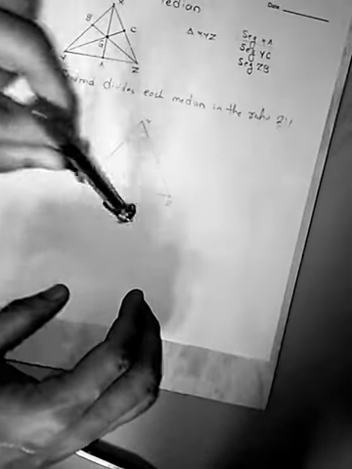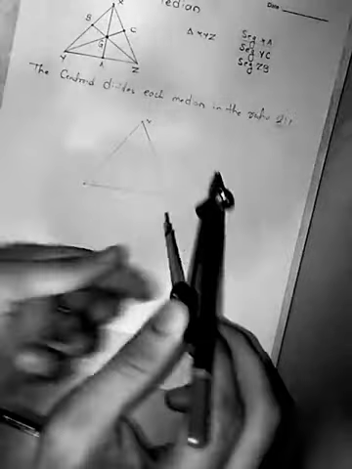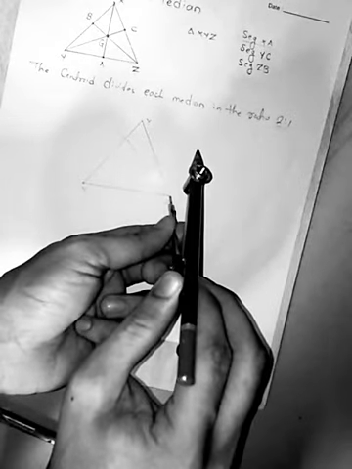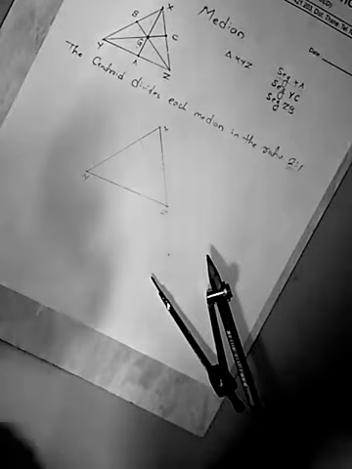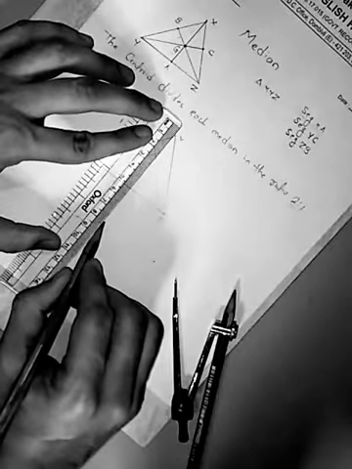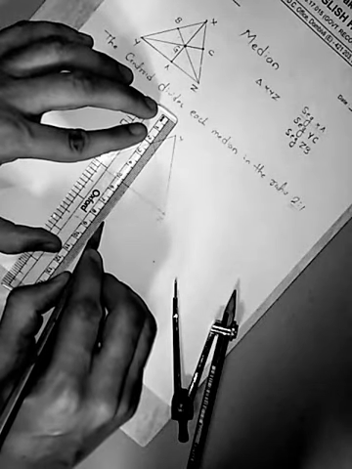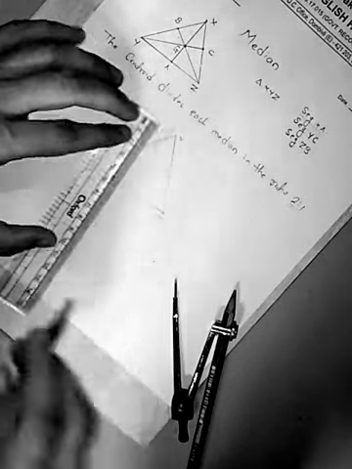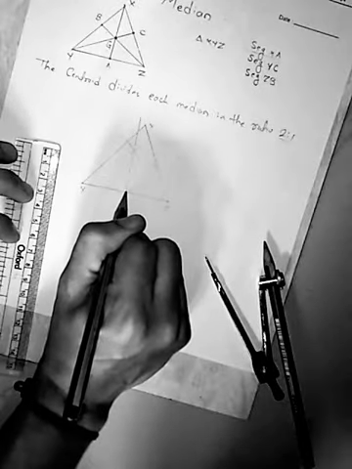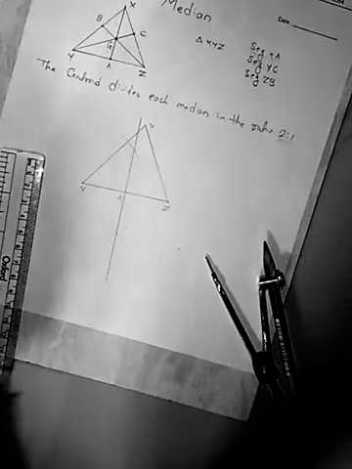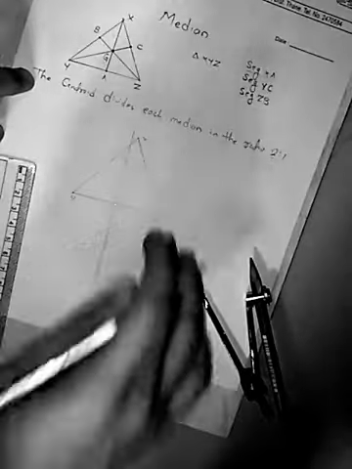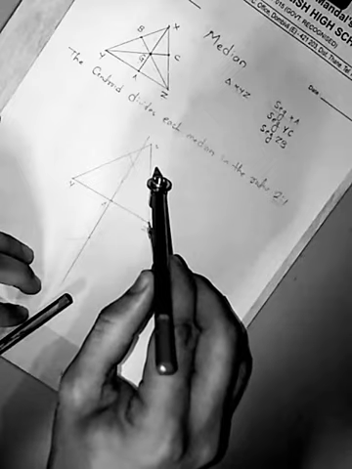Okay, now without disturbing that distance, keep it on point Z, again mark on it. Now you have to join these marks this way. You can see that you will get one point here. Now I give it the name point A. In the same way, you have to make a perpendicular bisector for segment XZ also.